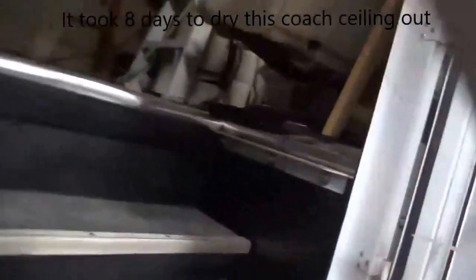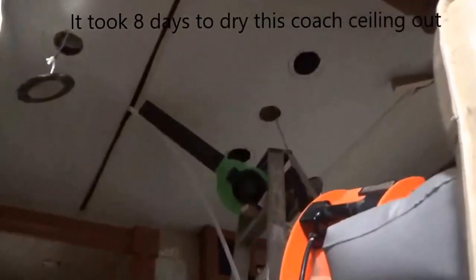See if I can get on up in here behind our staging. This is what we've got. All the water was right in here, so we had to take down some of that trim just so we can get the air to flow in there. There is a lot of damage. It goes through the whole coach all the way in the back. There's probably no reason to show you all that, but